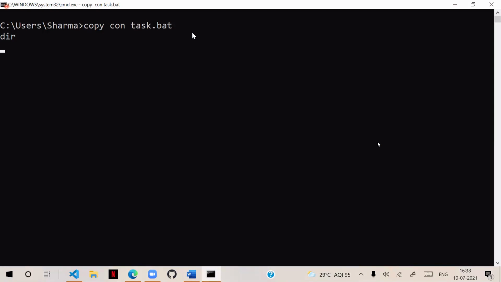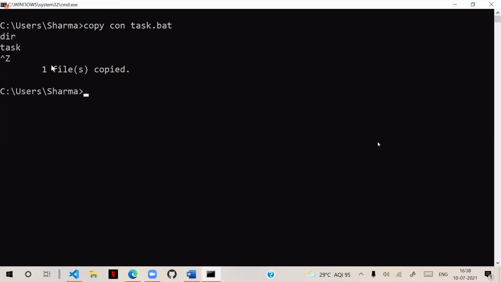If I want dir to run 10 times, I will write dir 10 times. Then it will run 10 times. But I want to run it infinite times until I stop it. Then what technique do I have to use? The technique is nothing but, after dir, I will use that task command again and close.